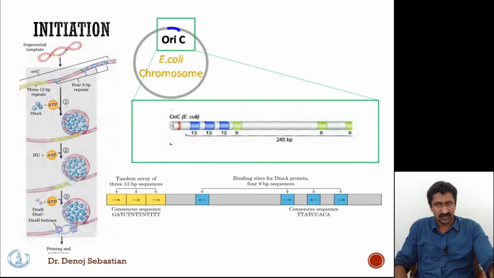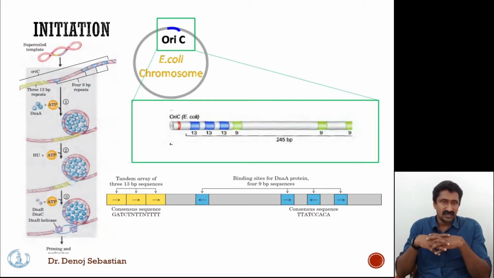So these 13 base pairs are repeated 3 times. So this is a tandem array of 3 repeated consensus sequences. And there are 4 different 9 base pair sequences. This is the consensus 9 base pair sequence: TTATCCACA. This is 4 or 5; in some cases, it is described as 5 repeats of this consensus 9 mer sequence. So 13 mer sequences and 9 mer sequences are present in this 245 base pair origin of replication